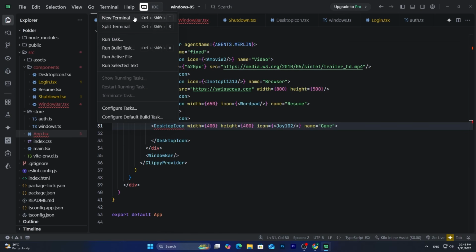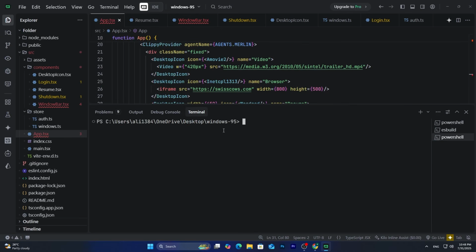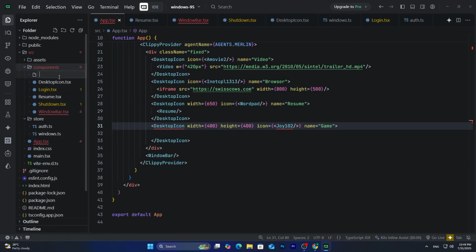For our chess game, we will install some packages. Open up a terminal, and first we are going to install these packages to have our chess game. So write npm i. First we are going to install the chess.js package, then react-chessboard. The dependencies have been installed, and let's close the terminal, and we will go to components and create a new